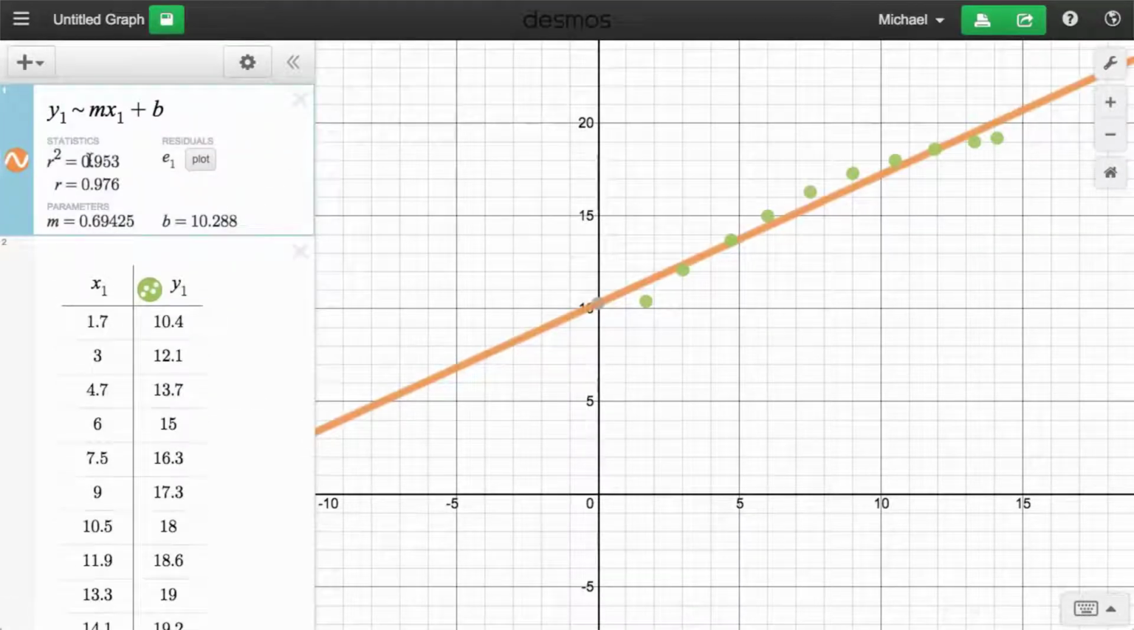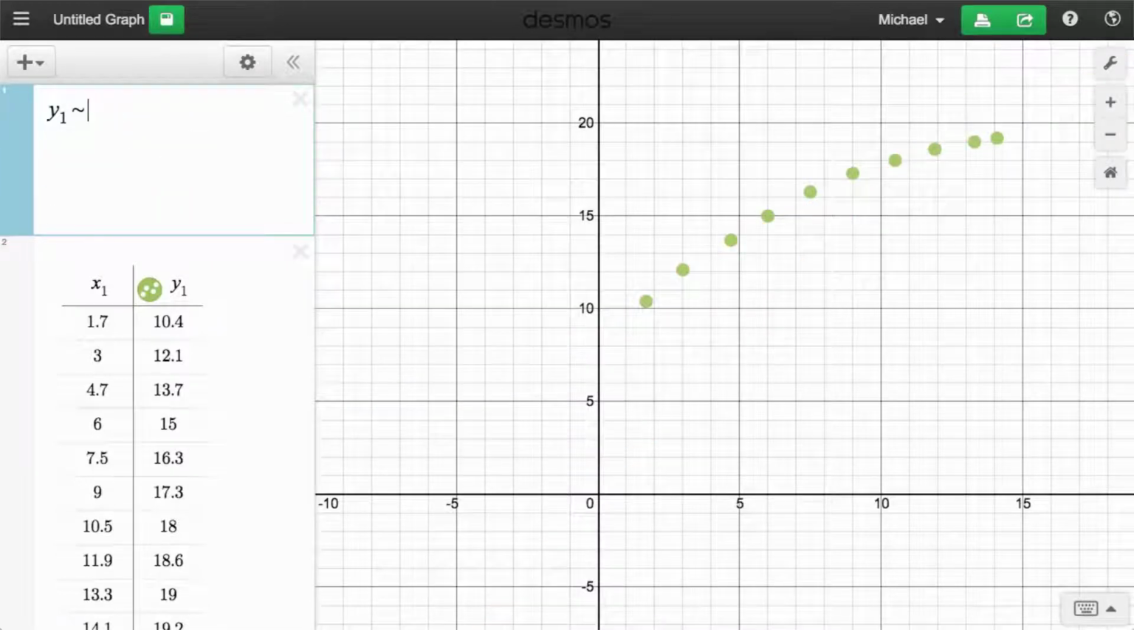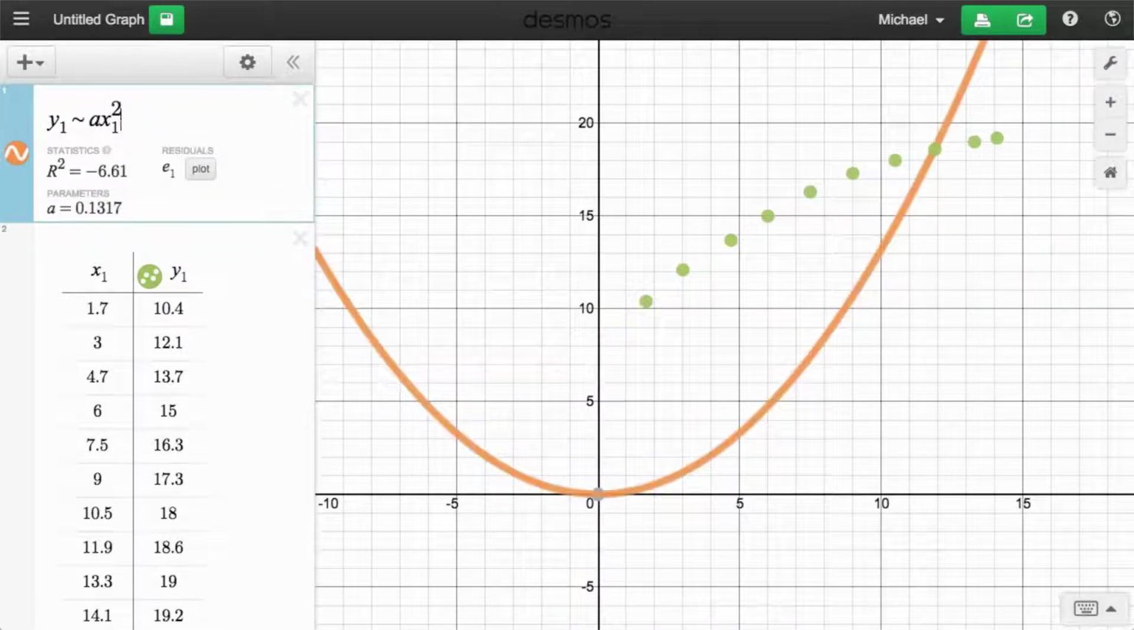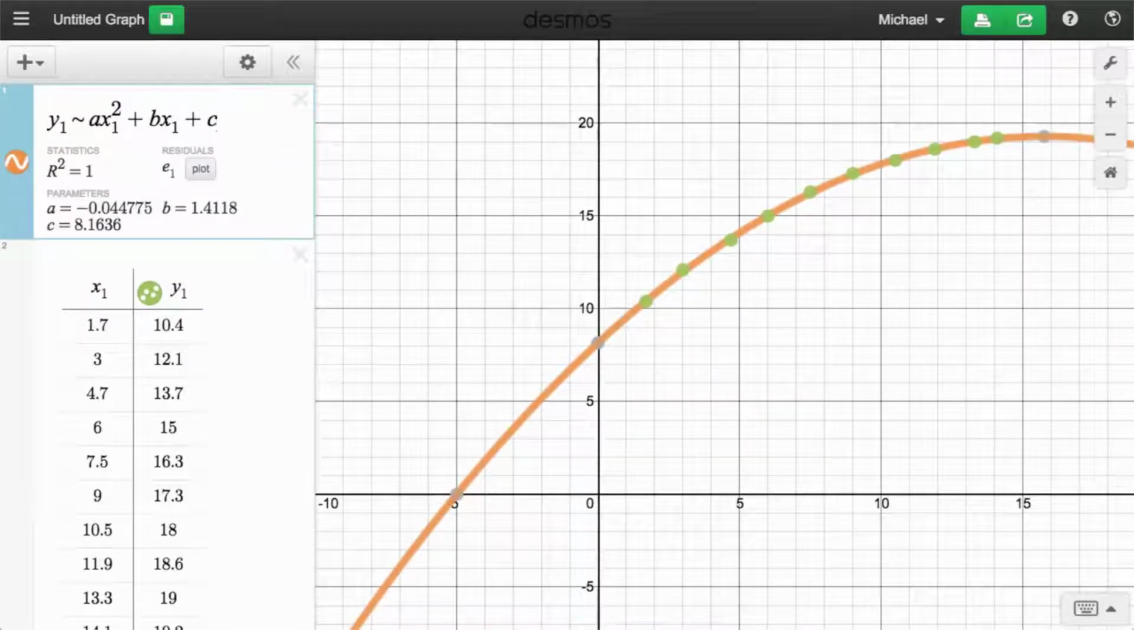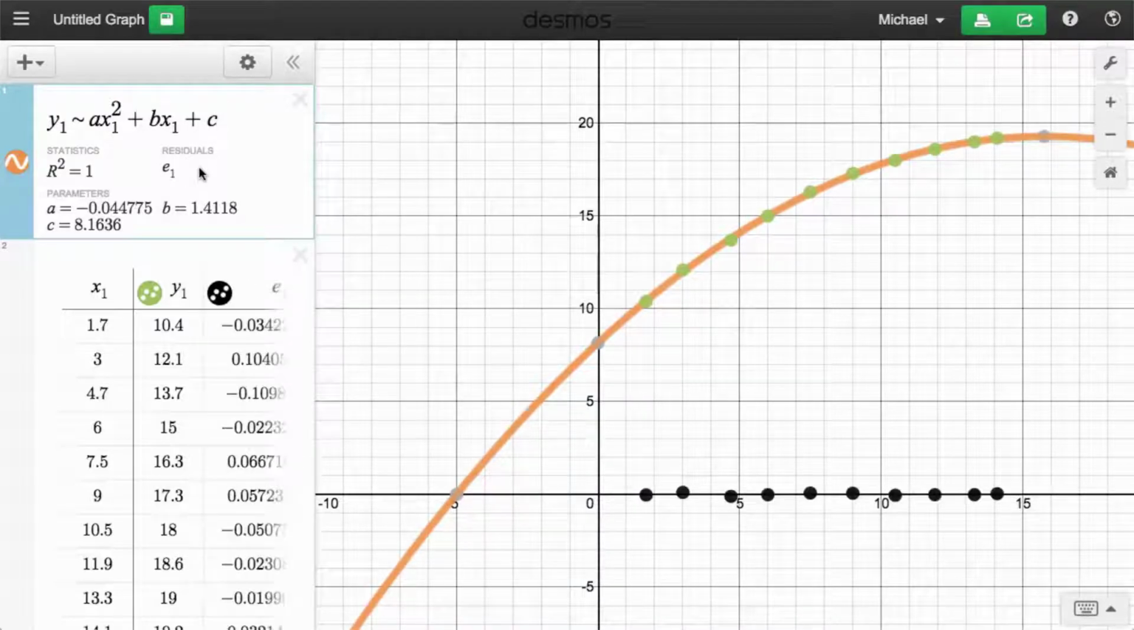model for this data. Let's try a parabola instead: a x1 squared plus bx1 plus c. Nice. Looks like we're closer. Let's wrap things up by adding the residuals to the table. To do that, click the plot button here. That looks like a pretty good model. You can find more how-to videos, as well as our collection of interactive tours at